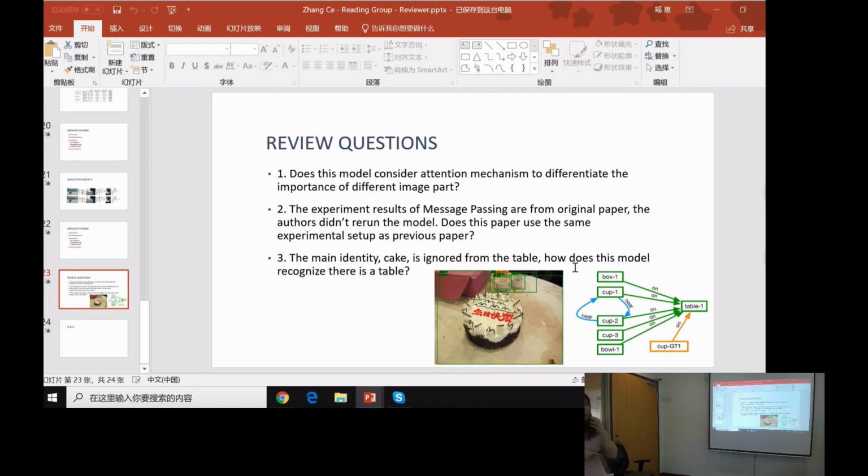Yeah. I think the current models actually still learn the bias of the data set. There are a lot of cups on the table. So we learn that from the data set we have. Then if we see a cup in the picture, it's pretty possible there's a table. So that's from the global context. Even if we don't know the image yet, we can know, because they always come with the table. So that's why they also say the global context is important. The motive, the repeated structure in the image, helps to improve the results. Okay. Thank you. Yes, thank